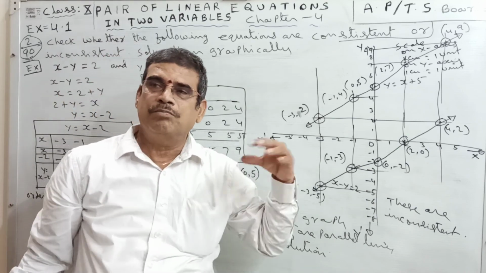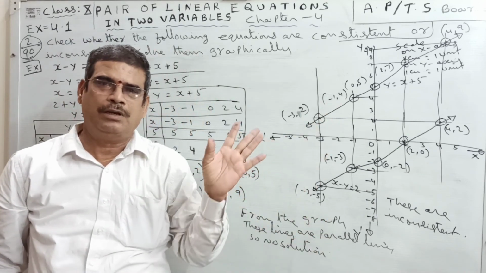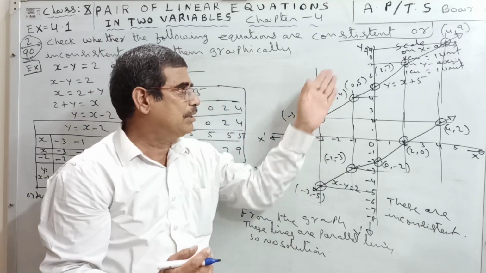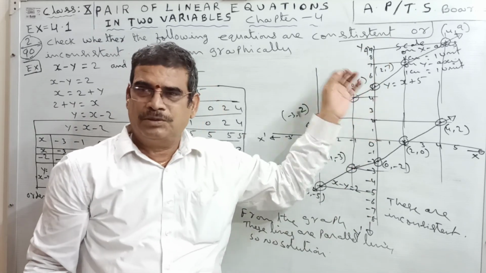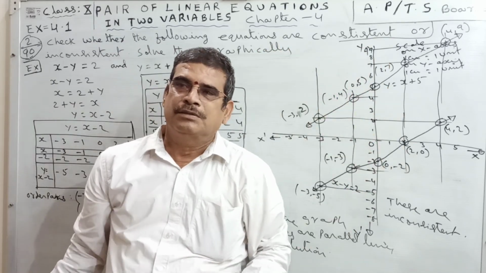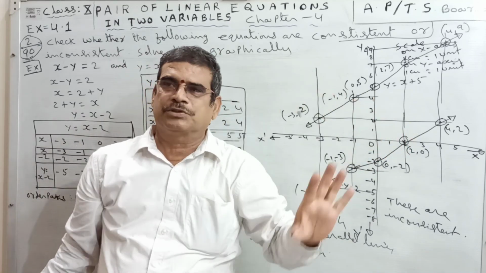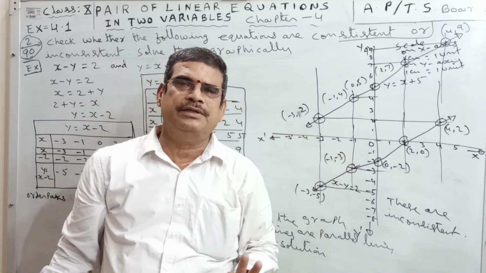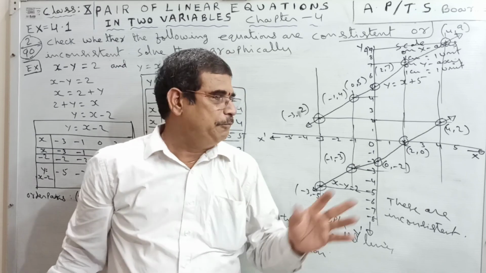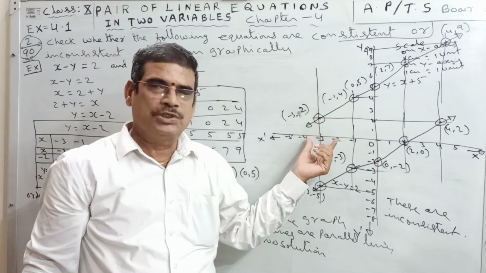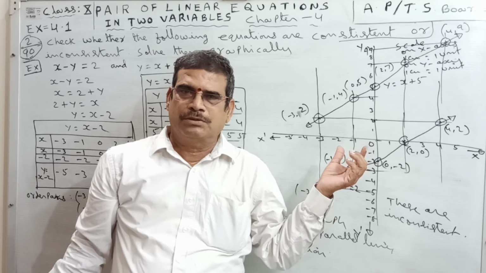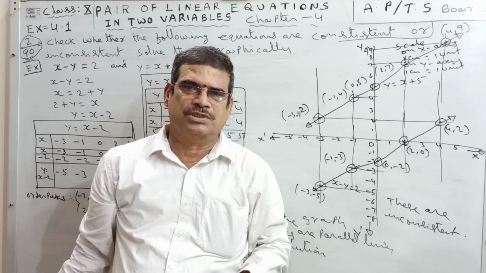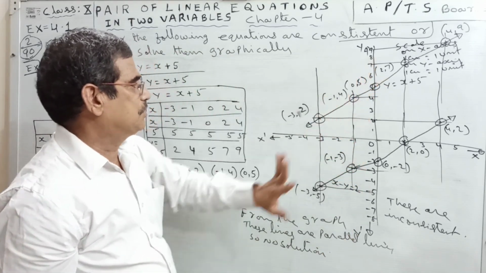With this, all models are over. What is the first model? Intersecting lines. Second model, coincident lines. Third one, parallel lines. In any question, the lines will be like this only. So with this, the graph section is over. Guaranteed a 4 marks question will come to you, 99% a 4 marks question will be there. If this chapter is easy for you, you can do this one. Otherwise, that polynomial graph is there. Either that one or this one. Guaranteed 4 marks question. So practice carefully.